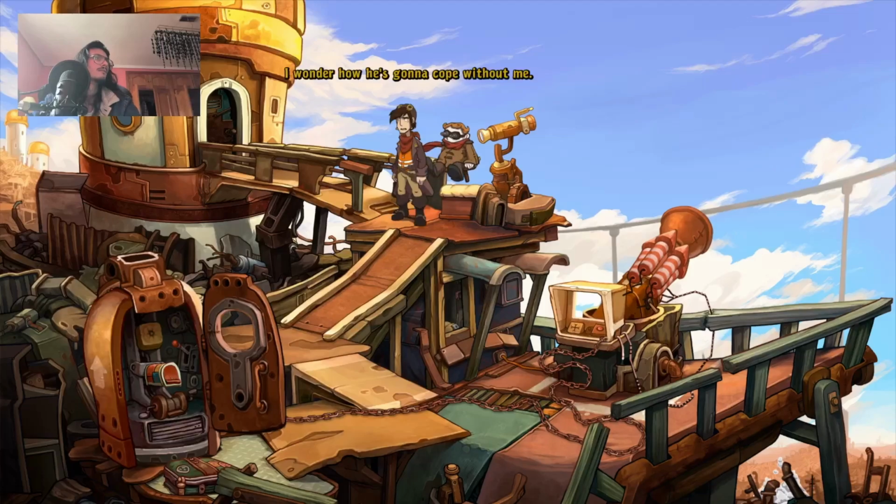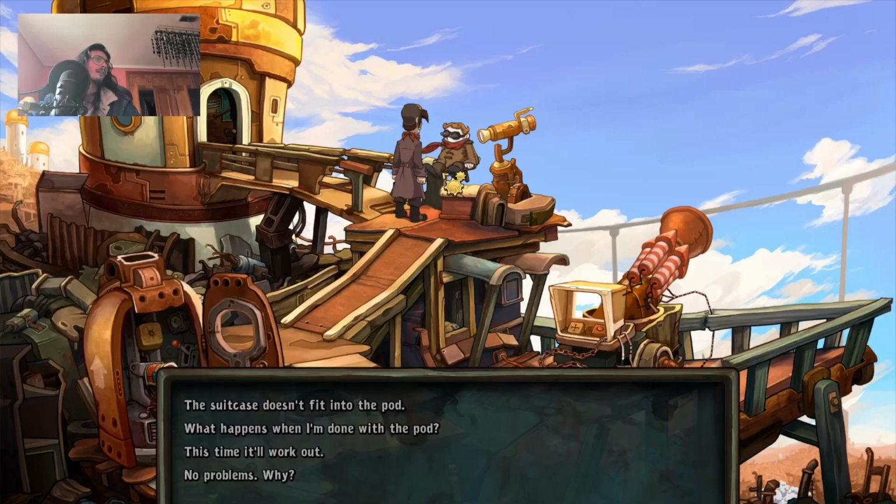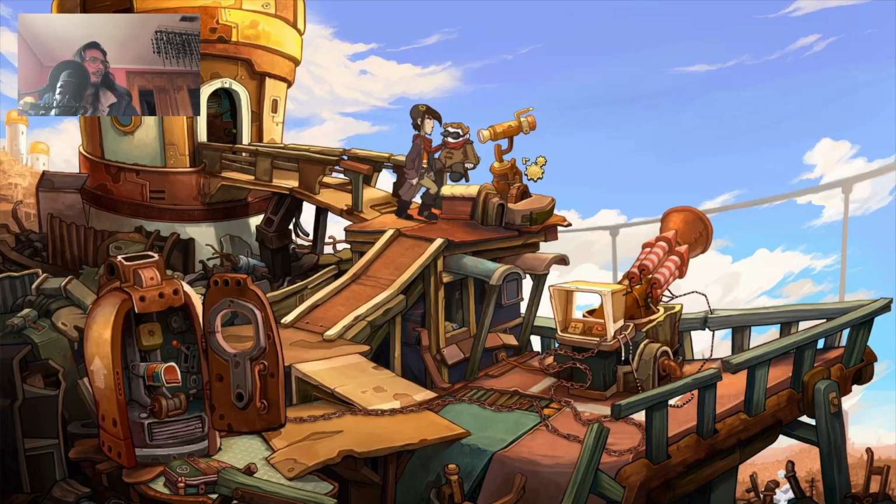Trusty Wenzel. I wonder how he's gonna cope without me. Hey, yeah. No, but talk to him. What's up? About the plan, it's the same stuff. This time it will work. What happens when I am done with the pod? The suitcase doesn't fit. Yeah, no. Nothing new here. Telescope, I cannot interact without telescope. I cannot do much more over here. So clearly I need to do something in